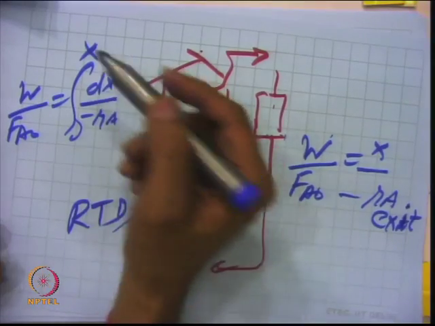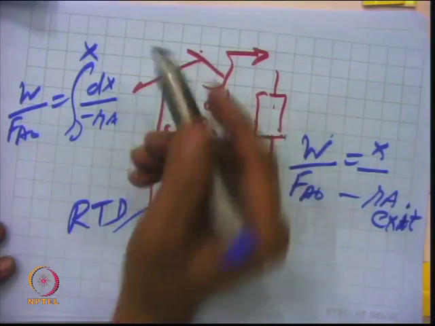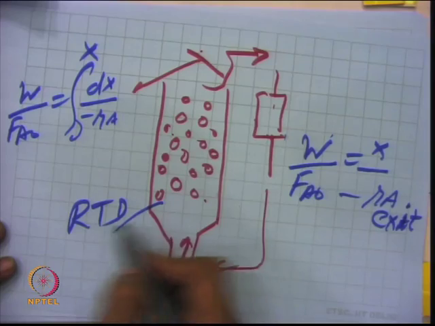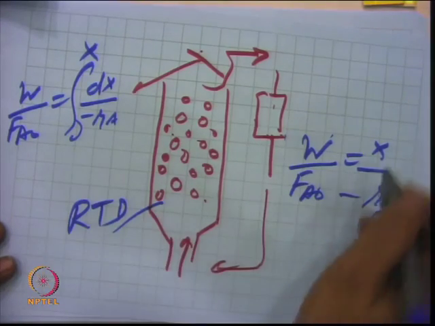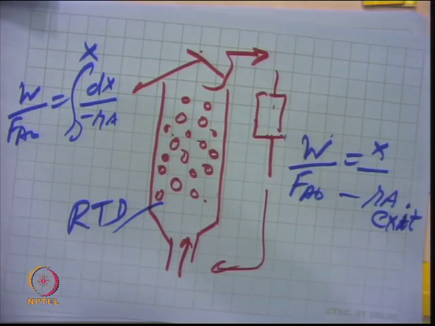because here RTD is nothing but tau. That is what we have discussed for the ideal plug flow reactor. But in this case, a kind of RTD will be there. So, you need to find that RTD, and that should be incorporated when you do the design for a CSTR. So, basically the fluid bed reactor is a combination of PFR and CSTR. So, you need to find out the residence time distribution in that, the exit age of the particles, and then calculate the mean conversion in the solid.